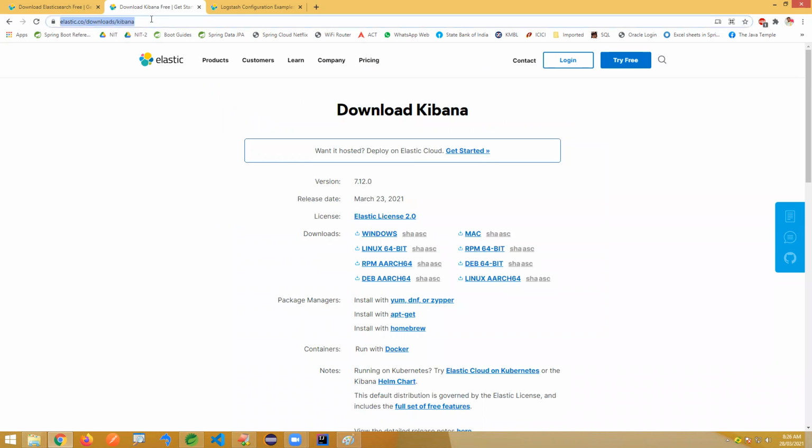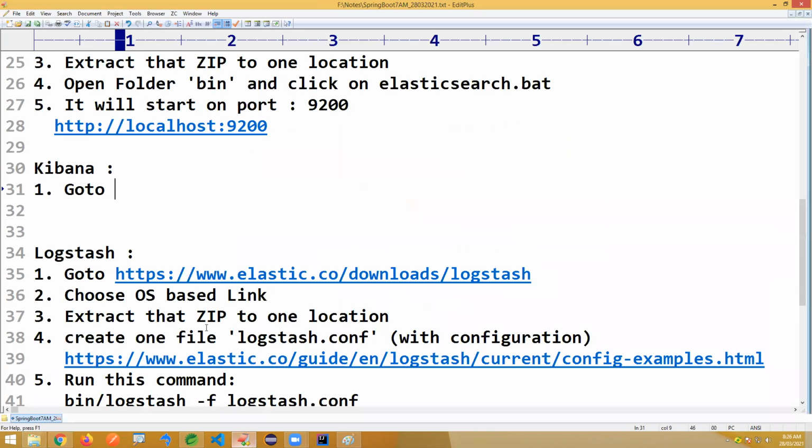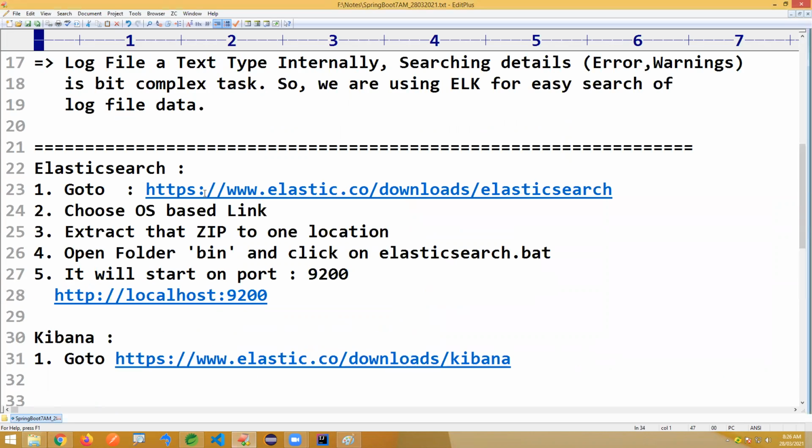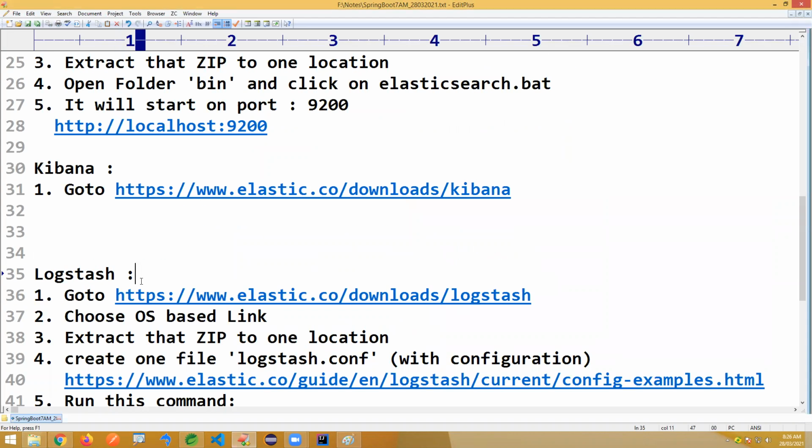Here you just choose Windows OS. We need to start all 3 softwares: Elasticsearch, Kibana, and at last Logstash. Logstash should come last so that it will read and connect to Elastic, and Elastic will be connected to Kibana. This is a better order.